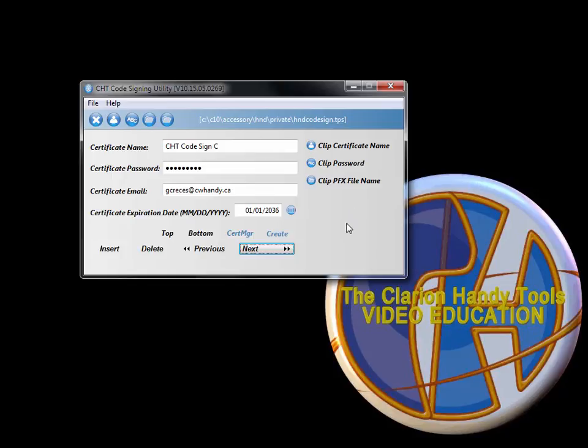So let's start here showing you this utility. We have 3 code signing configurations already in here. I can navigate them with previous and next, or top and bottom. The bottom one is A, the top one is C. So I have ABC, code sign ABC in here. I'm going to create a new one by hitting the insert button,